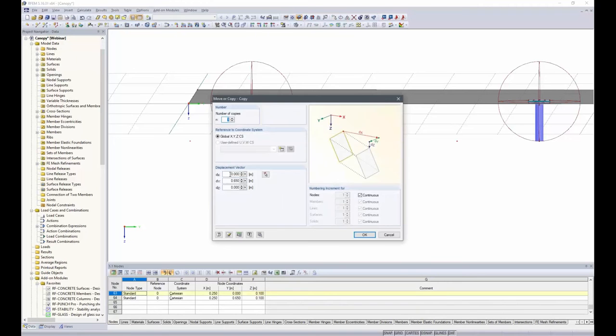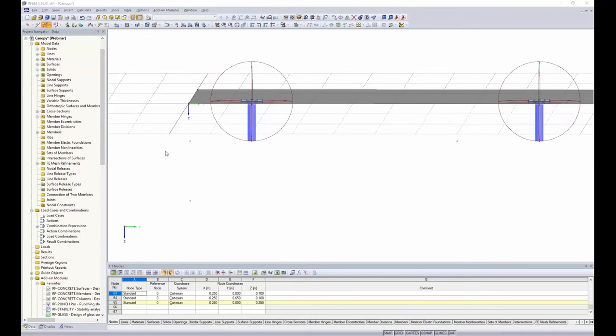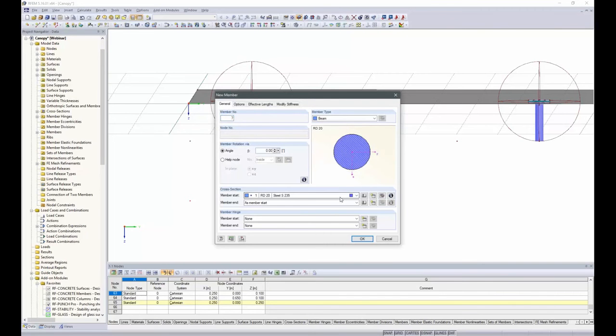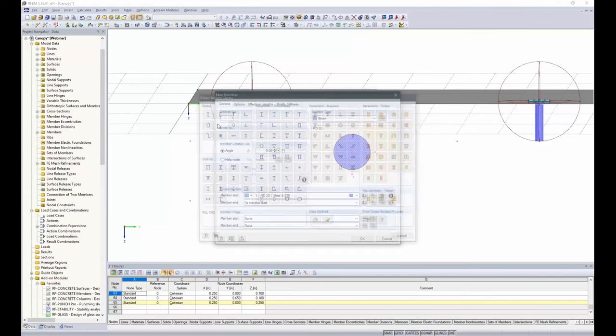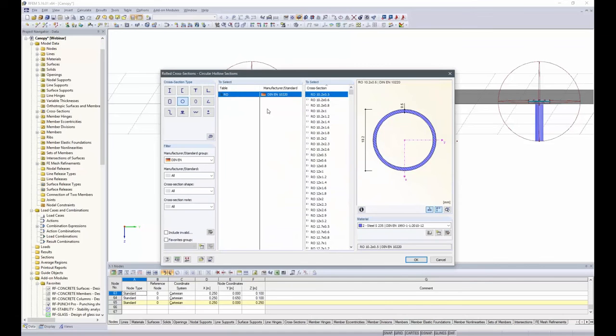And once more. So I have everything, all the nodes I need, and I want to make a new member. In this case, it's supposed to be a pipe cross-section. I go to the library and select this pipe according to the German standard DIN EN 10-220,